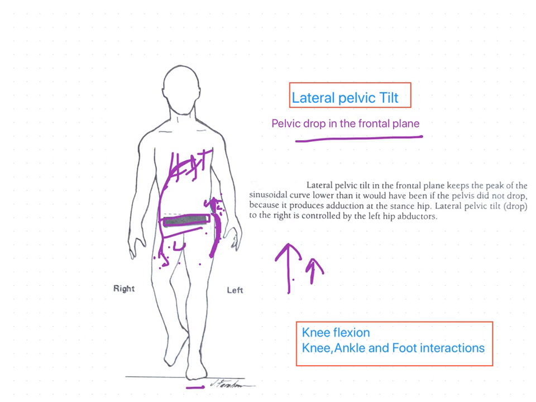Okay, next if you see the knee flexion at the mid stance when the COG is at the highest point, it represents another adjustment that helps to keep the COG from raising as much as it would have to if the body had to pass over a completely extended knee. So this knee flexion really helps again